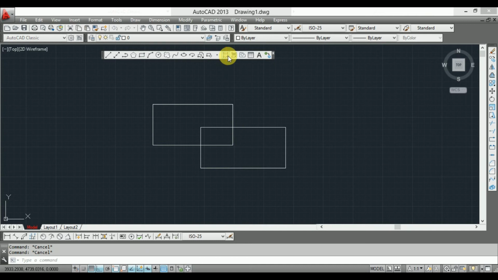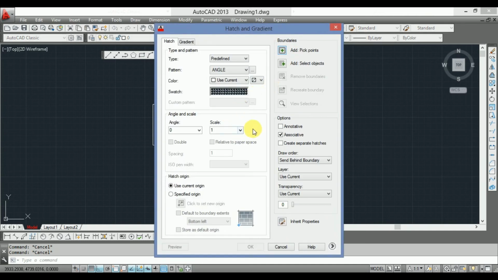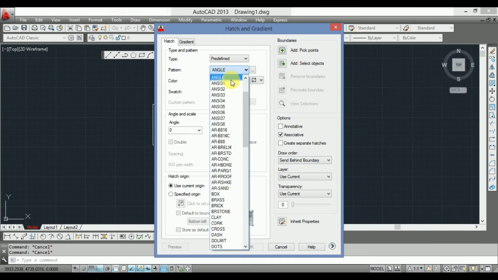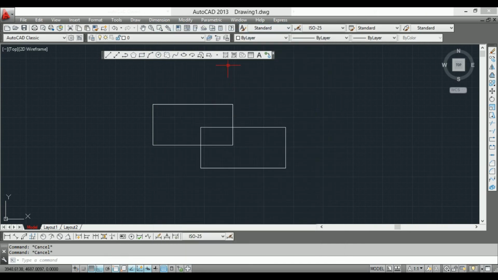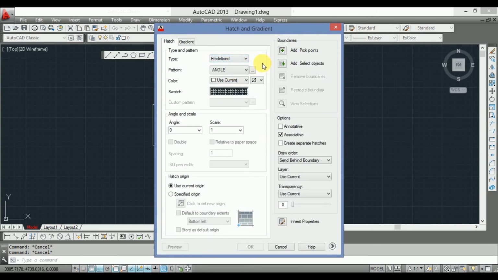So select hatch, and then the hatch window will pop up. Over here you can see this is predefined, ANSI, ISO, whatever standard you want to use, you choose from that. Then you can choose the color of the hatch.